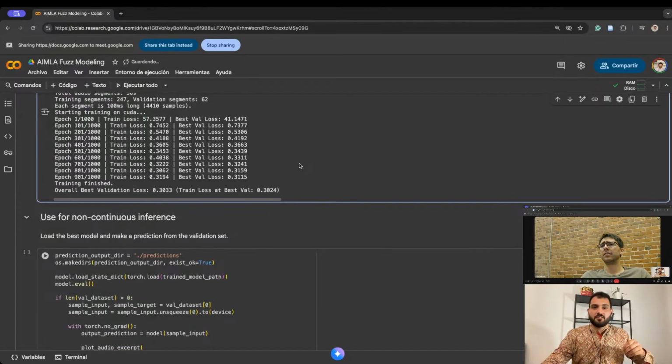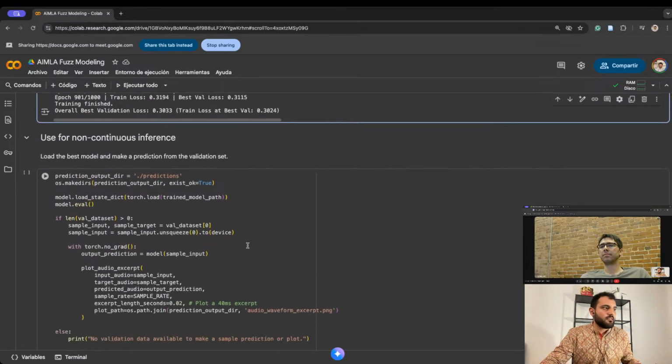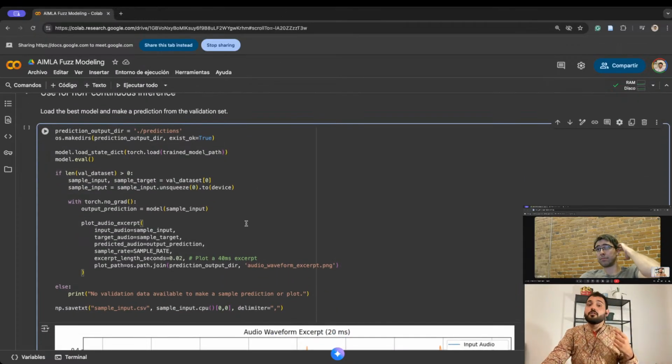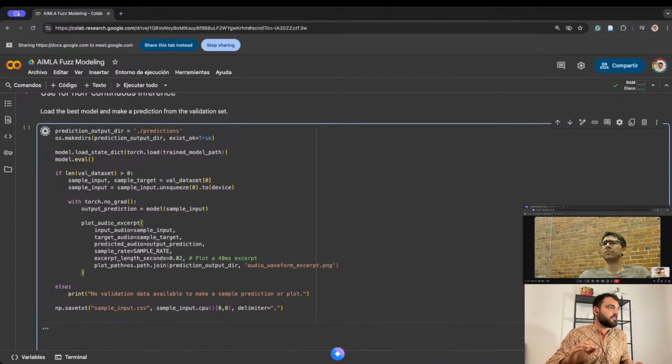Hey, there we go, it finished. So the example that I was giving before, which is the non-real-time case, is that I have my audio already available. I don't need to call the model several times to keep up with incoming data because the data is all already there. I call the model only once with the input and I receive the output. So let's just run this from the validation set. We're going to run a chunk of audio that is already available, and we're going to call the model only once directly from PyTorch. We are not doing any RTNeural or any C++.